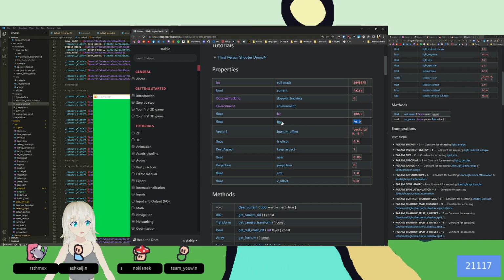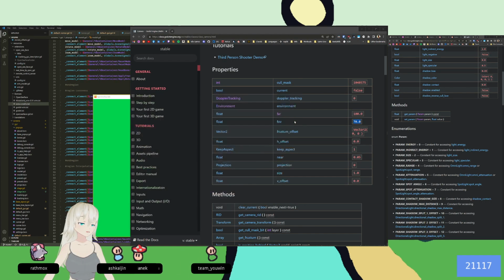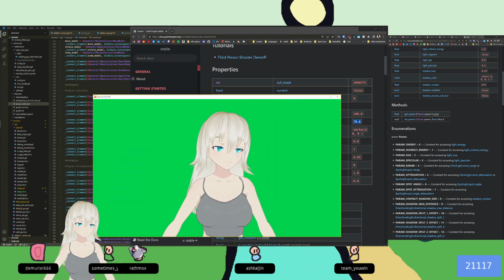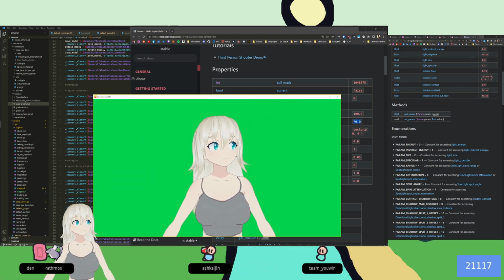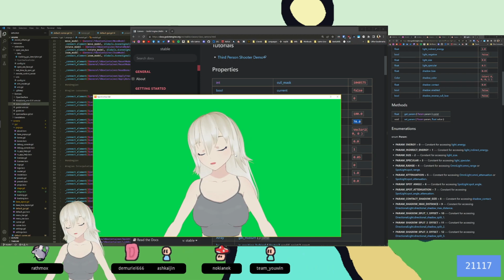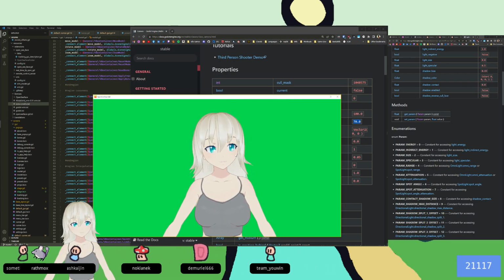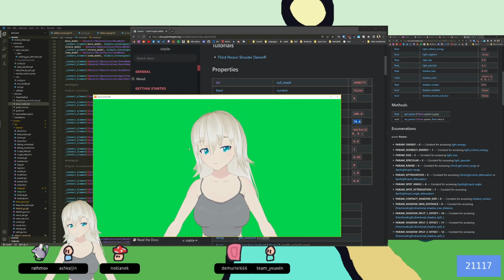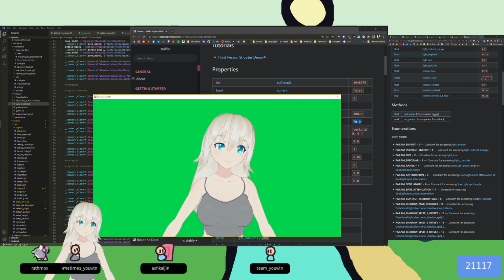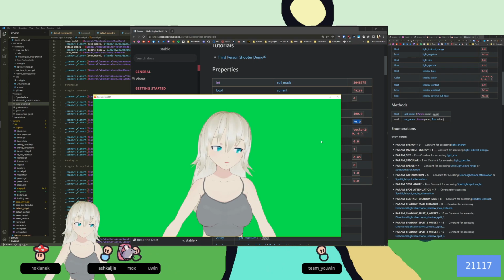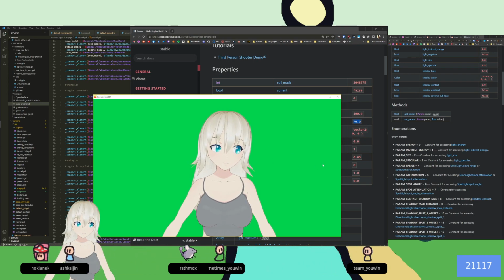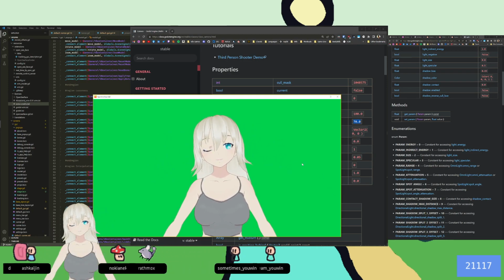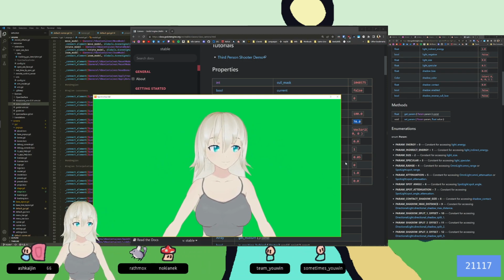But I think having a smaller FOV for VTuber stuff actually makes more sense, because the higher your FOV gets, the more you get that fisheye effect where things get more round the farther away they are from the center of the screen. So if I were to turn the FOV of this up to say 100, and move the model or just wiggle over to the side, it would kind of stretch you out into a circle,